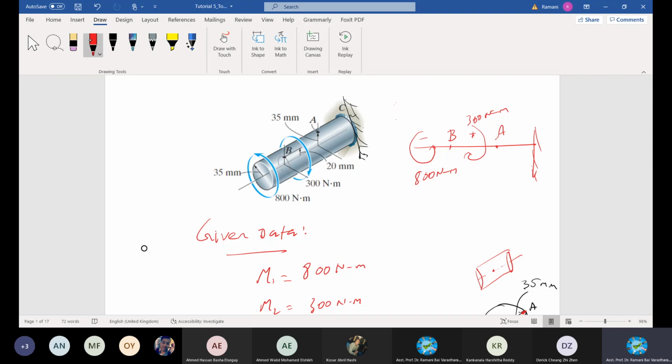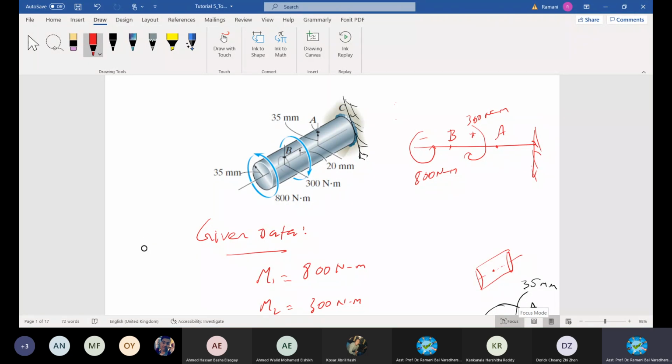What does it mean? A member is rotated. Imagine this member is rotated at this point with 800, and at this point with 300. Automatically, the whole section will tend to rotate about this, because it is fixed here. The rotation at this point will be 0 because there is a resistance. Starting from here, away from the support, there will be a rotation value increasing or decreasing according to the additional moments coming in and the sectional response. Accordingly, the whole member will be subjected to a torsional effect, starting from 800, going to 300, and then to the support.